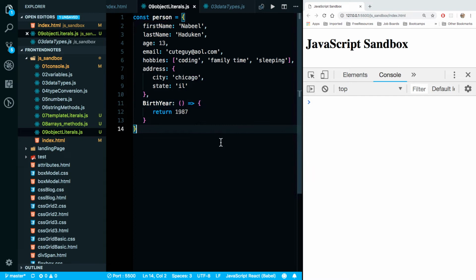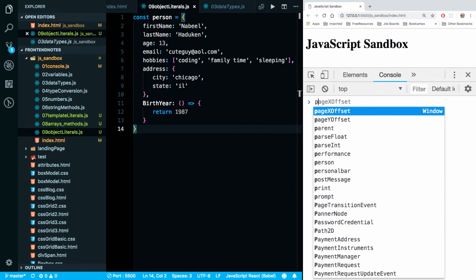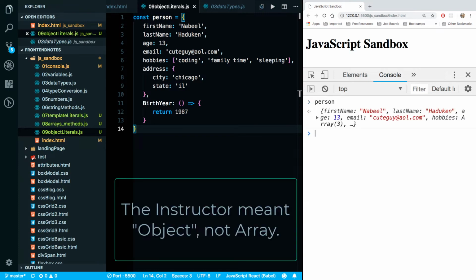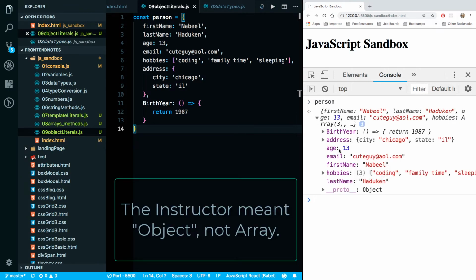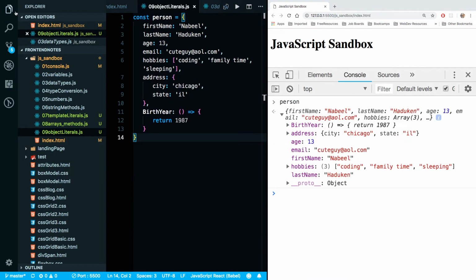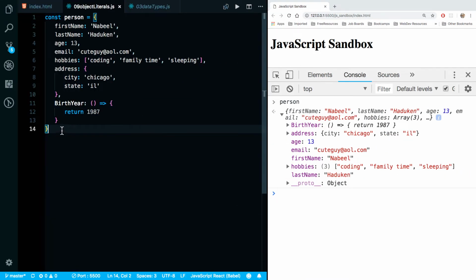Okay, so I'm gonna save this. Now if I come down over here and if I open up person, you'll see that it's an array. Okay, so now that we've created our person, some notes you guys probably want to write down. So curly braces define this variable